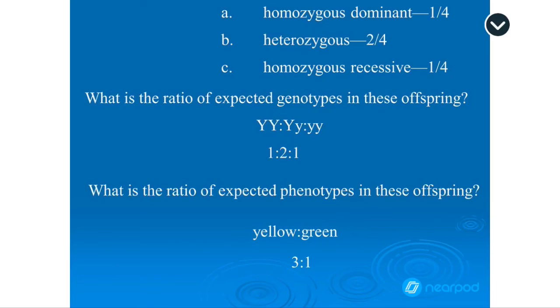And that's a very quick overview of what you should already know about meiosis and Punnett squares. And we'll do some practice this week, and hopefully it'll all make sense. Next week, we'll